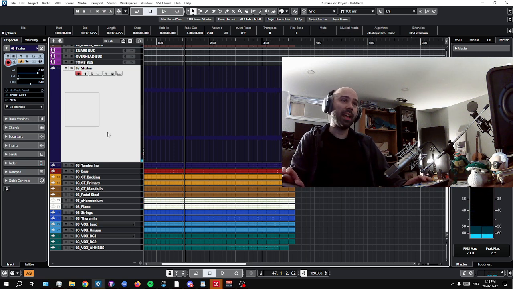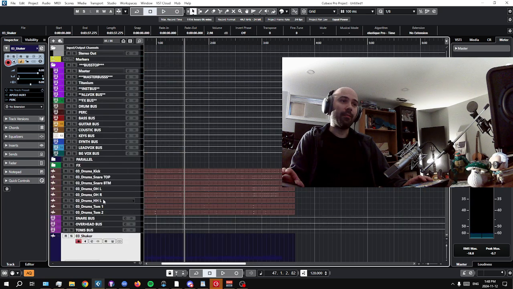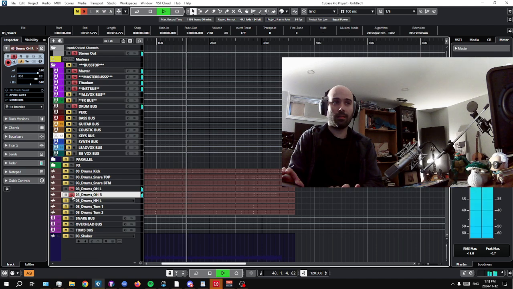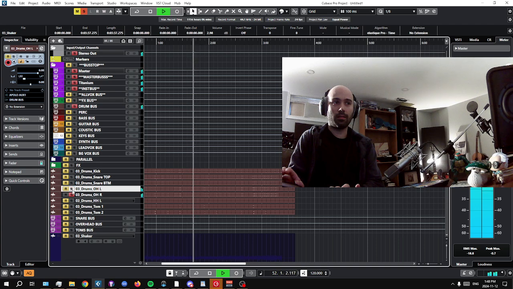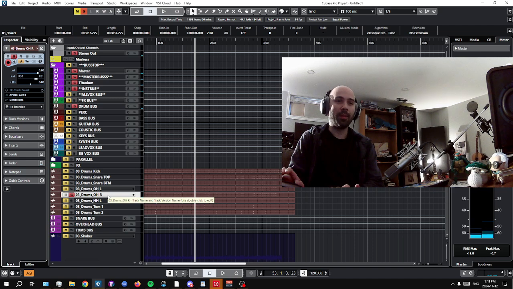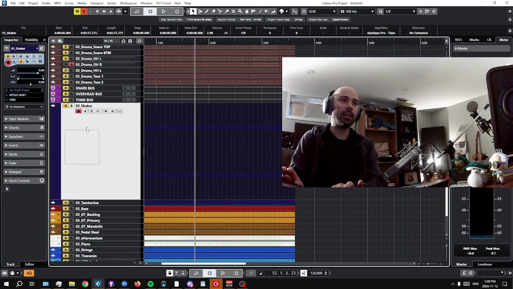And then maybe we want to pan it to one side, right? Like we have a hi-hat. You could listen to the overhead mics. So I hear the hi-hat more in the right overhead. So it would be panned more like the audience perspective, like you're looking at the drums, right? And the hi-hat's on the right side. So if the hi-hat's on the right side, I might pan the shaker to the left side,